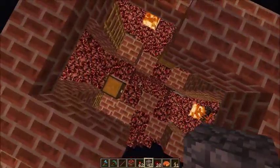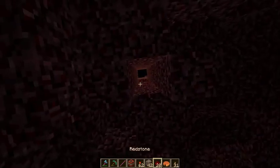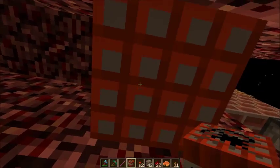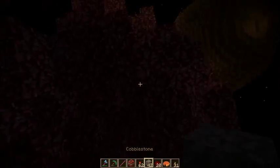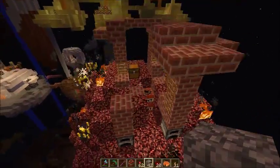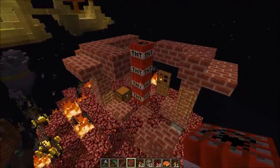Now this is a really interesting place. This was actually a home to a very interesting cult that believed the best way to live was by actually just being surrounded by fire all the time, and they did some pretty interesting things with blazes and brick,